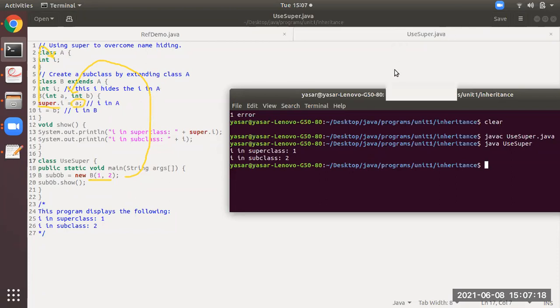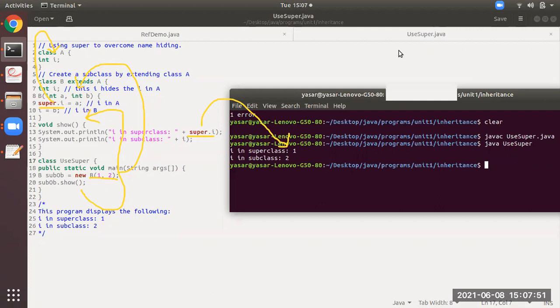Okay, I'm repeating again, student. This is very important. See here, this is a constructor call B of 1, 2. Here it will pass A, B with 1, 2. So 1, 2. So super.I is equals to 1. Means the I variable of class A is 1. Now the next thing is sub.show means it will call this method show. So over here it is displaying super.I means it is displaying I value of class A, that is 1 here. Then you see 14th line, it is displaying I again.